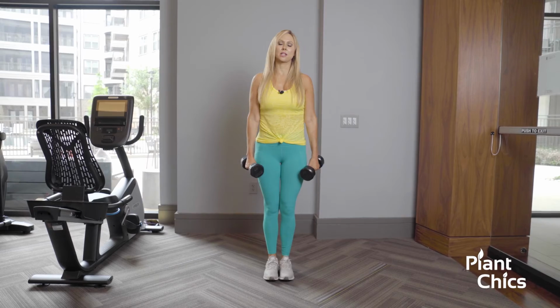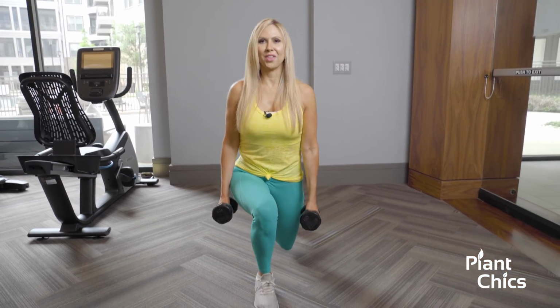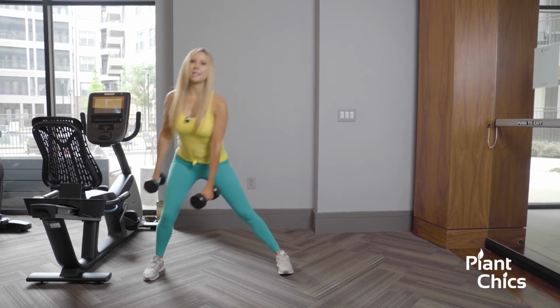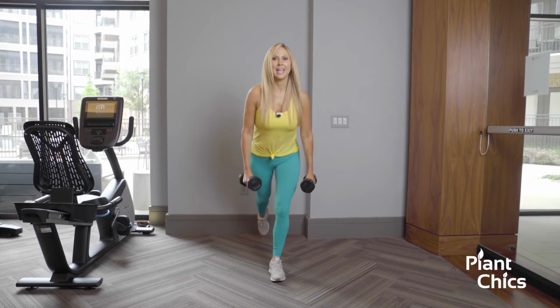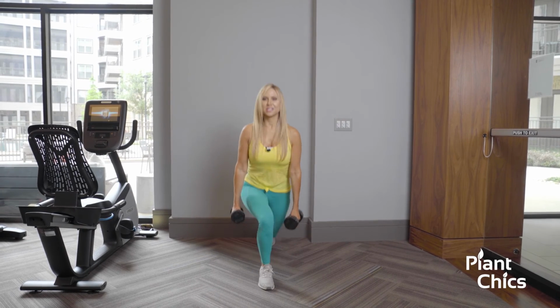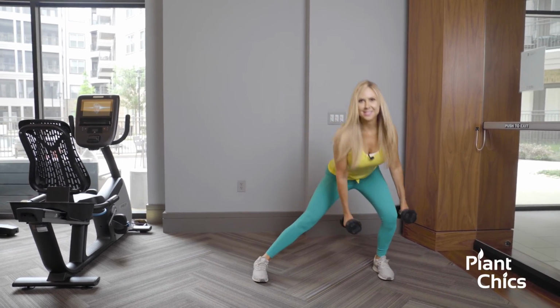So this is what it looks like, a little more cohesive. Front lunge, push off, side lunge. Remember, use that heel. Think about using that heel. It activates the glute. Reverse lunge, side lunge,